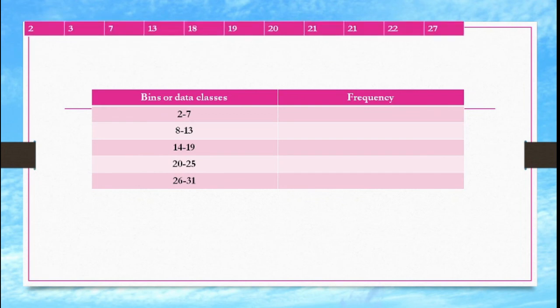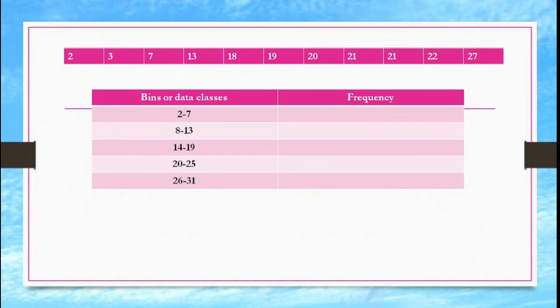Okay, so again the same thing. This is the data which you have arranged in ascending order, right? Width is equal to 6. Now you can see how many data are falling. Yes, there are 3 data falling in this category. So this is the frequency of these data. Again 8 to 13, only 1, so we will write 1 here in the frequency table.